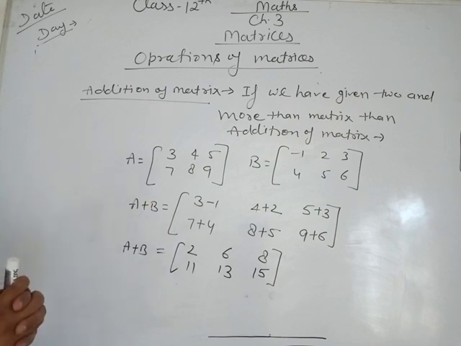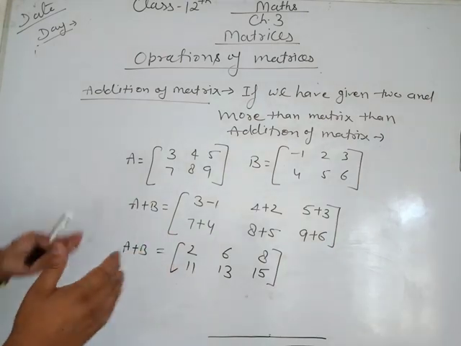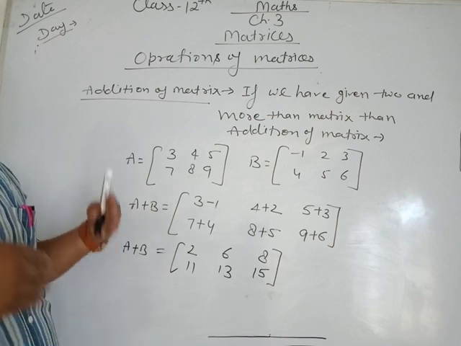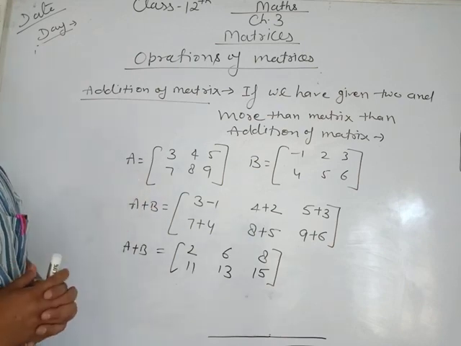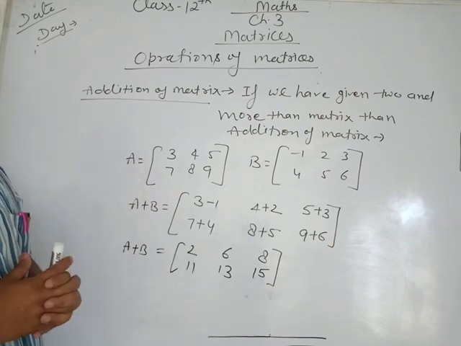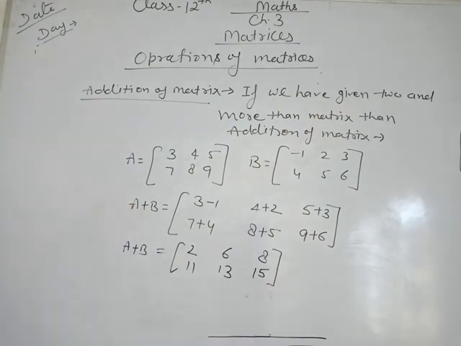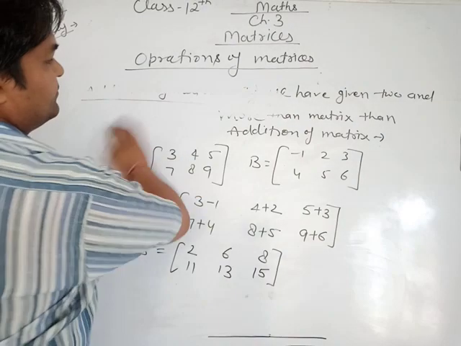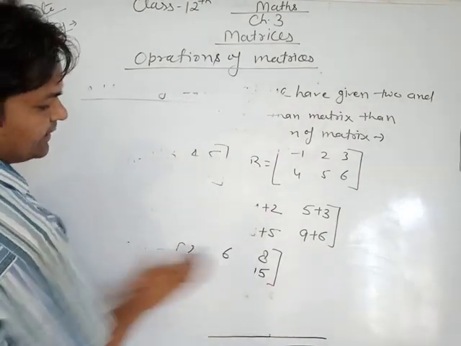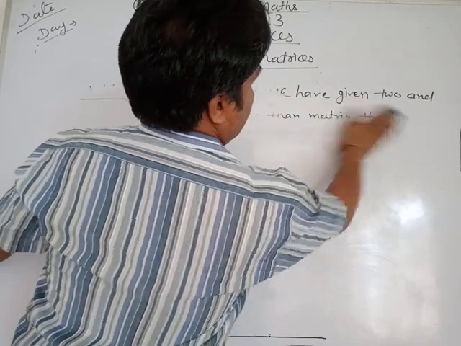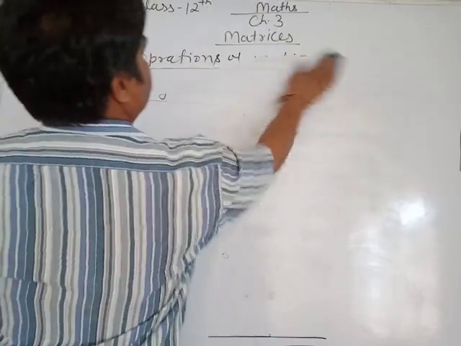Multiplication is a very important part, but we will solve subtraction, addition and multiplication with examples and questions of exercise 3.1, 3.2. Then directly we will solve the questions of exercise